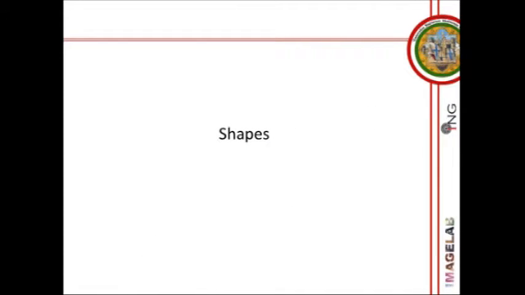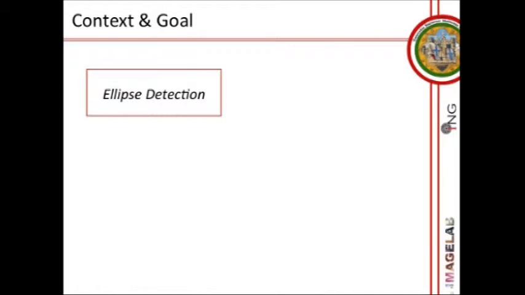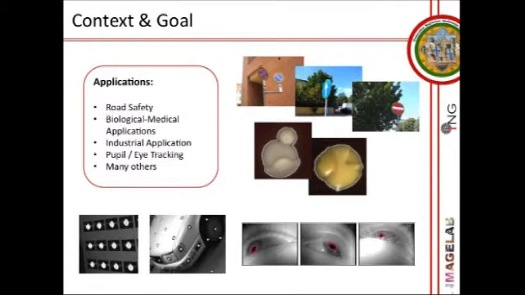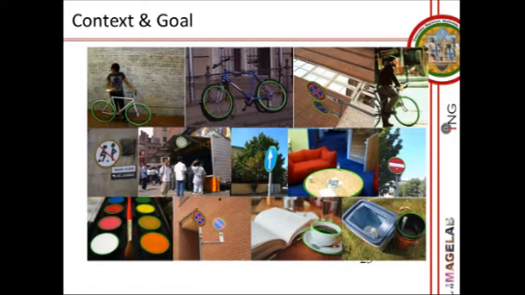Now I talk to you about another kind of recognition. It is specifically ellipse detection. This is a pretty popular topic in pattern recognition. We want to do this obtaining real time and good accuracy. We started with this topic because we wanted to segment a bike, and so we decided to search first for its wheels. But we saw that ellipse detection is a pretty spread topic, and there are a lot of applications that can use it, so we decided to go for whole ellipse detection in general, not specific to wheels.